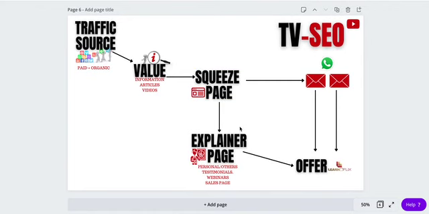It's an interesting one and it's quite simple. So now we have paid and organic traffic. Social media, Facebook, Instagram, all of them, you know those things. Now you know your value, which is what we are giving to them in exchange for their attention. We're trying to catch their attention and we are giving this as an immediate solution, as a teaser, a taste of what heaven will look like. So that's what we're giving to them.